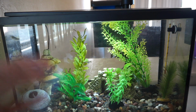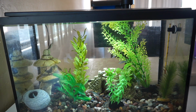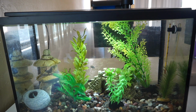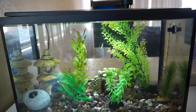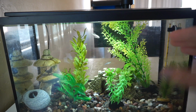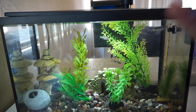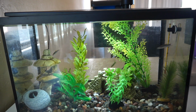I tested their tap water and compared it to my parents' tap water because my parents' tap water is what I use for a lot of my other tanks. I use my parents' tap water for the betta tank because as live bearers, and my parents' tap water is really, really hard. Live bearers don't do particularly well in RODI water, which is what I usually use. So anyways, I did a 50% water change with their water, and I also compared the water in this tank to the tap water from my parents, and pH matches perfectly, GH, KH, all of that stuff, even stuff that you wouldn't necessarily know to test because a lot of people only have the